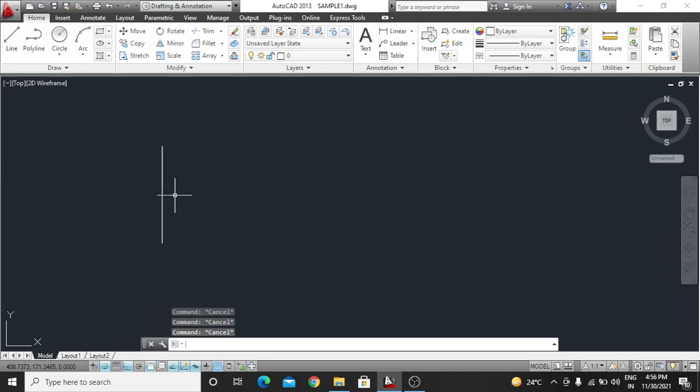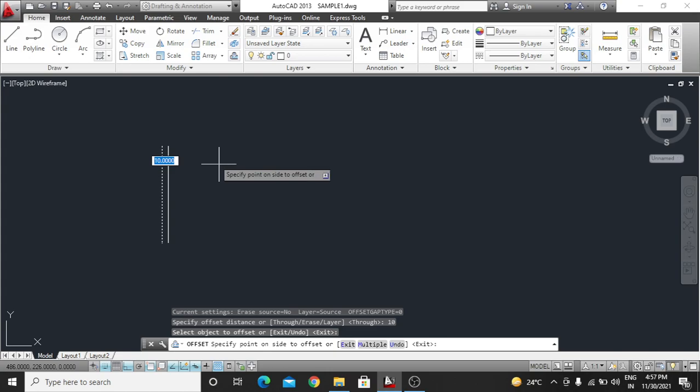The shortcut is O. Okay, enter the O. After that, specify the distance. If you want to make a 10-meter distance, so make it 10. Enter. Then click on this object and you have the option. If you want to make the offset left or right, just click on that side.